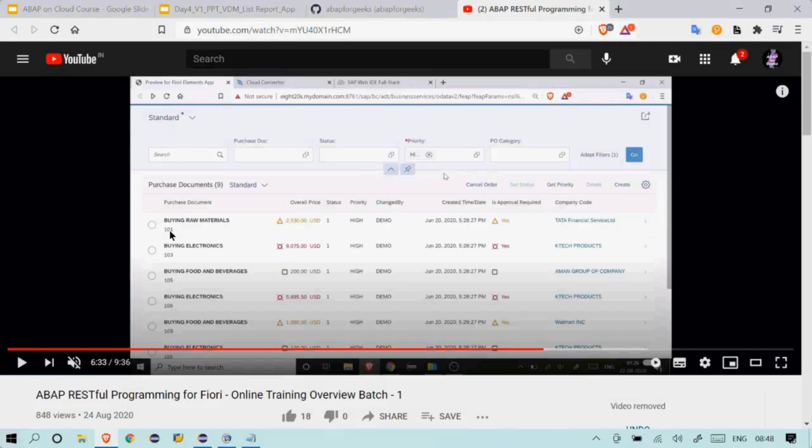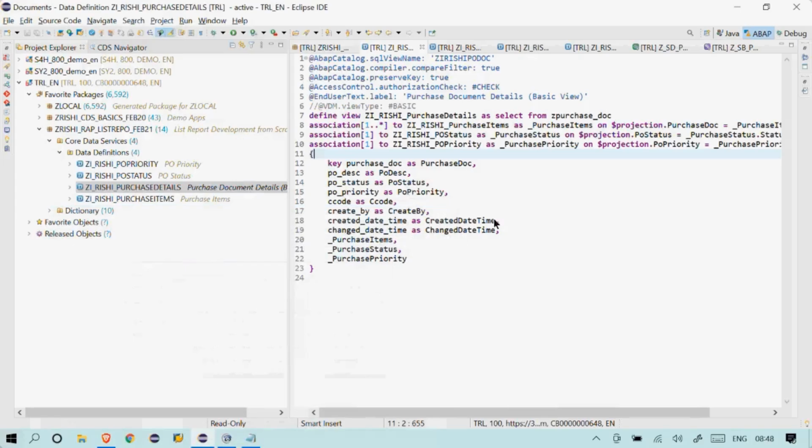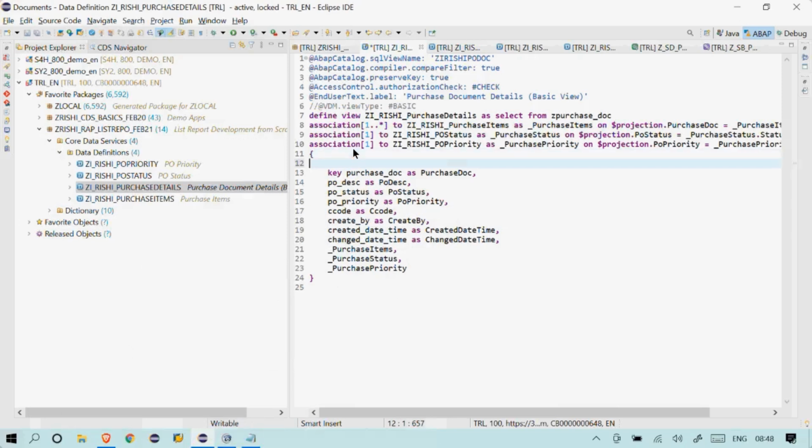in bold letters, right? And there is a document number underlined under that one as well. So how do you combine these two things, like purchase description and purchase document? That is where our annotation will be useful for us. Whenever somebody accesses this one, they can directly see the purchase document description as well.